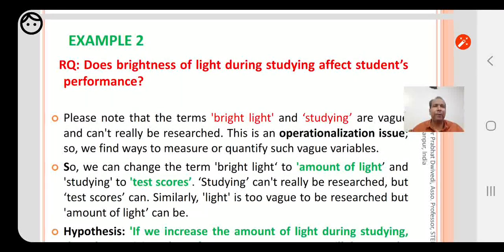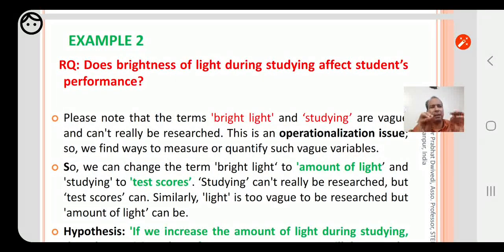During studying, how will you know how much someone studies, less, more, whether they study or not? Will you measure studying's effect on a student's performance? So brightness of light and studying's effect on performance, two things are there.